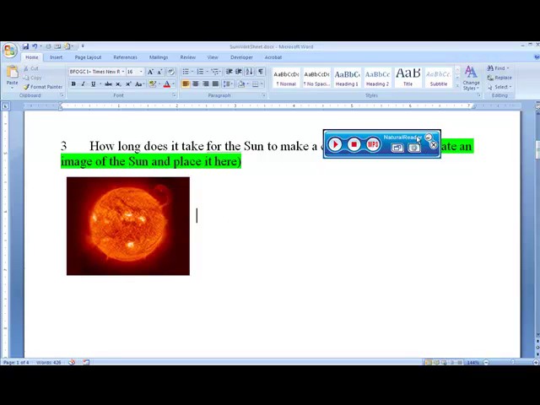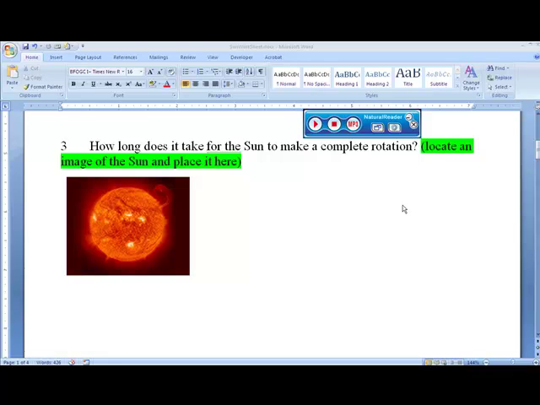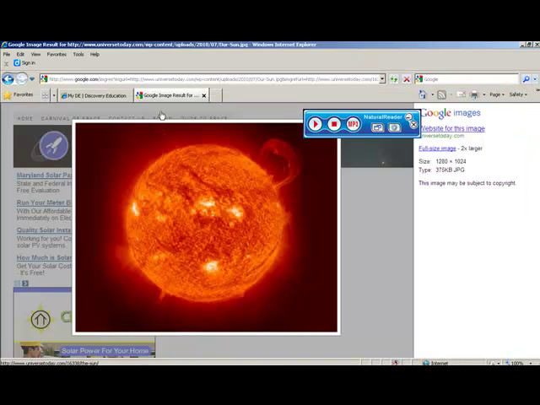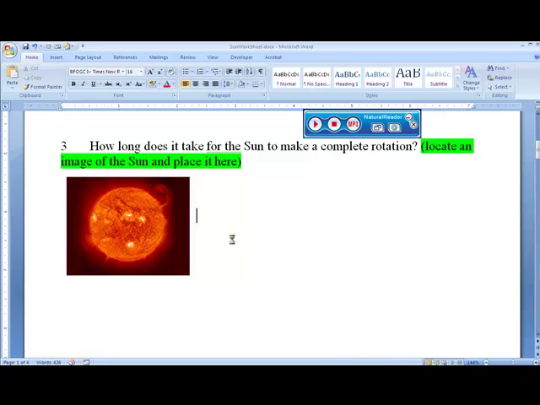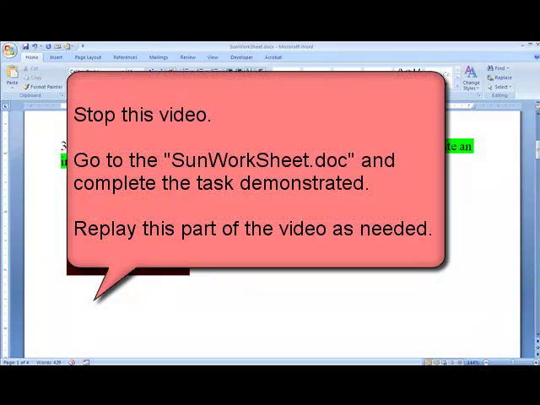So pause the video, locate an image of the sun somewhere on a resource on the internet, or if you have some in a folder that you've saved, and insert it there. And then the other thing that I would ask you to do is also to insert the link where you located the image, because you should be citing that as well. So in this case I'm going to copy the link where I found this image, go back to my worksheet, and probably right underneath it or right beside it I'll put where I got that from and the date I obtained it. And then you can play around with the formatting of that as well. So pause the video